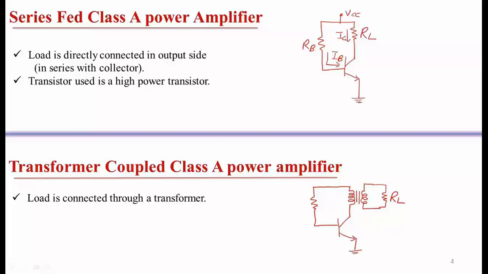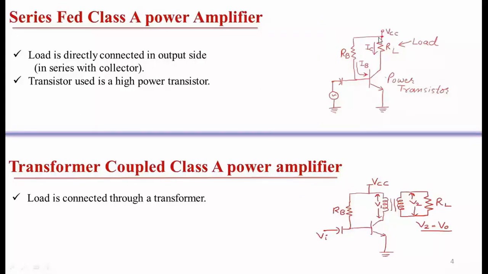Here we have the primary coil of the transformer. Here we have the secondary coil of the transformer. So we connect the VCC at this point. This is RB and this is RL. Here we have V1, that is the voltage across the primary coil. Here we have V2, that means the voltage at the secondary of the transformer, and V2 is equal to the output voltage, that is V0.